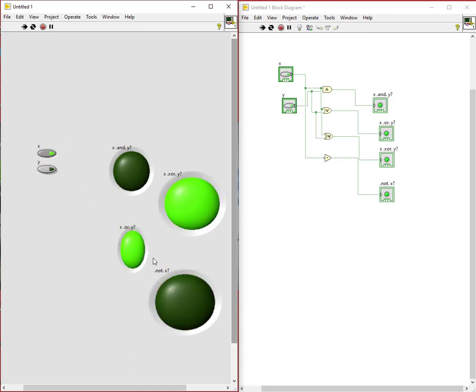If I just switch on this one, you can see the OR gate and XOR gate will be on, because the XOR gate will be on only if the two inputs are different. You can see here this is 1 and this is 0. If I turn this one on also, you can see the OR gate and AND gate are working now. So this shows that the booleans are the same as what you have utilized in your engineering, and that will be reflected here. Like this you can create any converter. Likewise you can convert BCD to 7 segment, BCD to decimal, hexadecimal to binary, and so on.